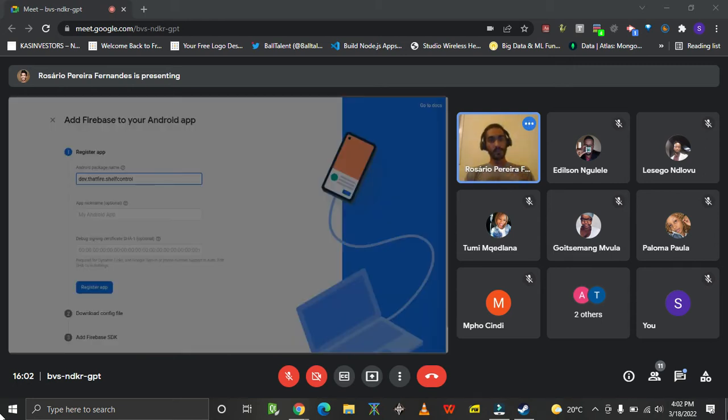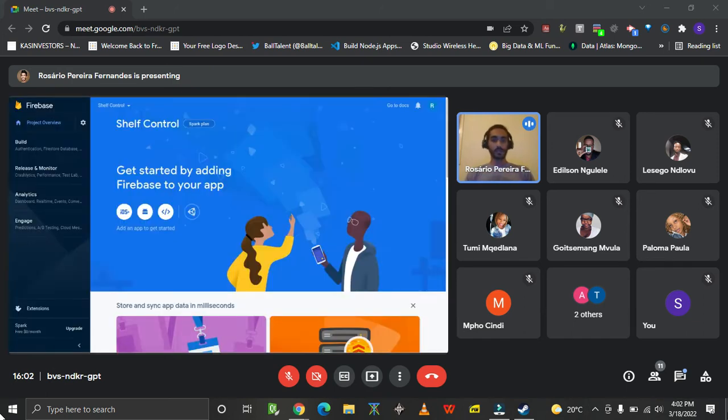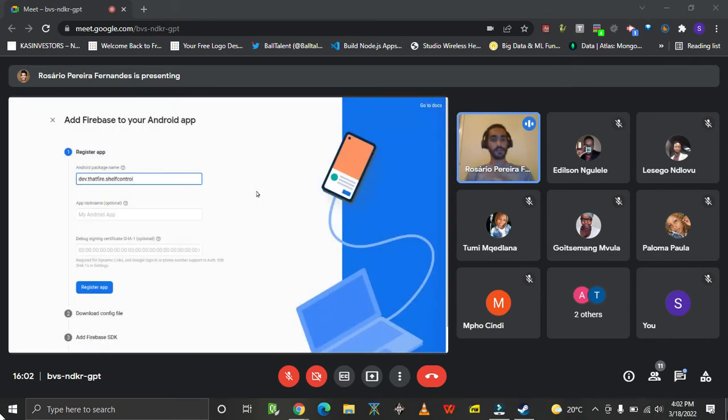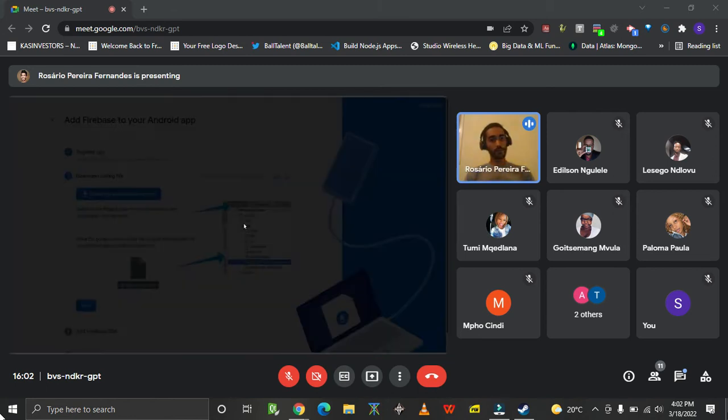So what I'm gonna do right now is connect Firebase to my Android app. So how do you do that? You can go ahead and click on this. I think you can see this round Android icon here in the middle where it says get started by adding Firebase to your app. You click on it and then you should get redirected to a screen like this. So in this screen, you'll need to type the Android package name, which is usually your application ID in Android Studio. Those two other fields are optional, so I'm gonna skip them for now.